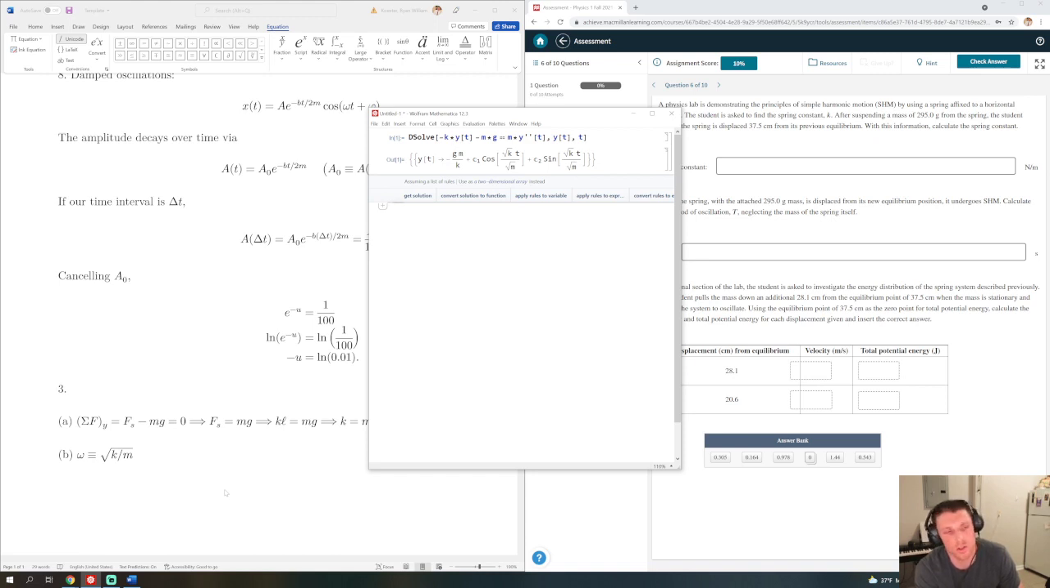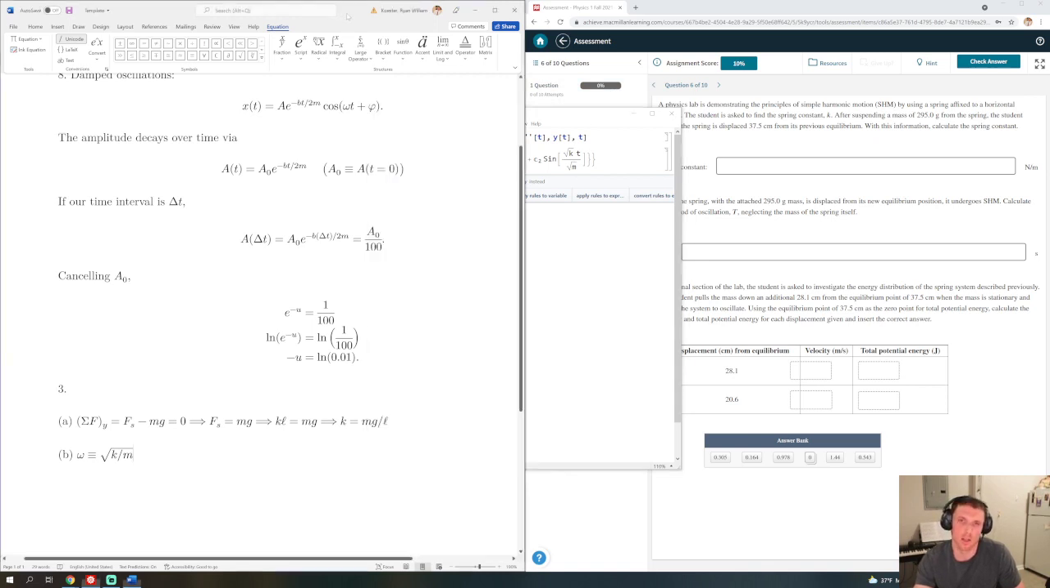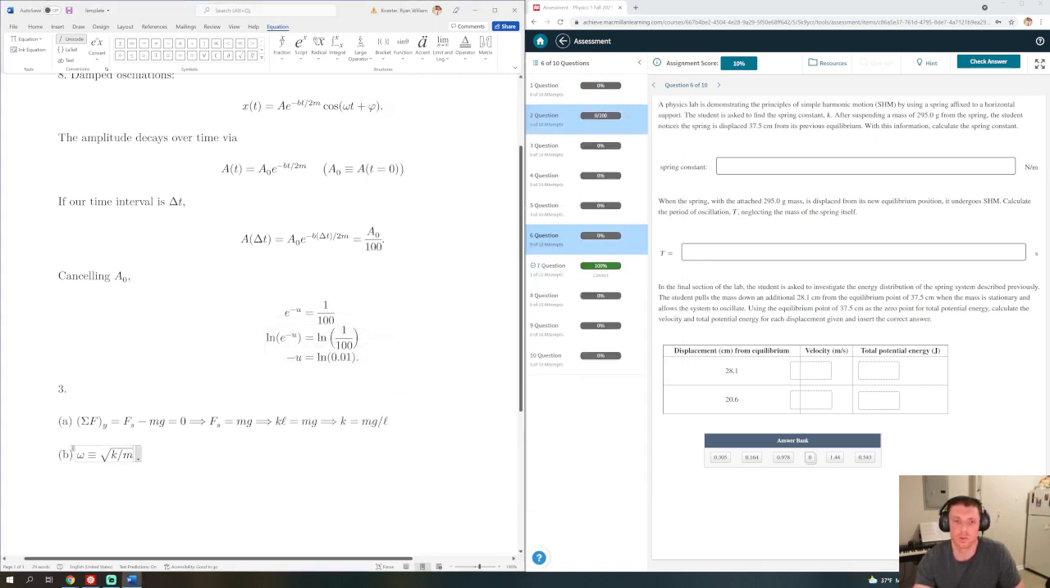If you have any questions about this, we can talk more about it, but I just wanted to show everybody that. So this is simply just going to be this, right? What does L represent here? This L is the displacement from equilibrium. So for me, it's the 37.5 centimeters. For you, it's going to be whatever number you have. This should be good for the